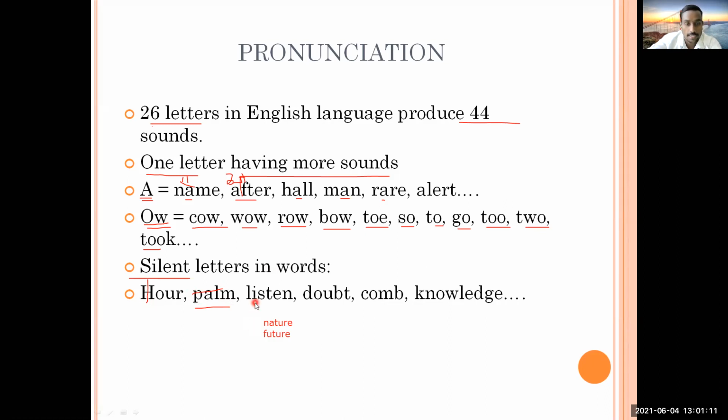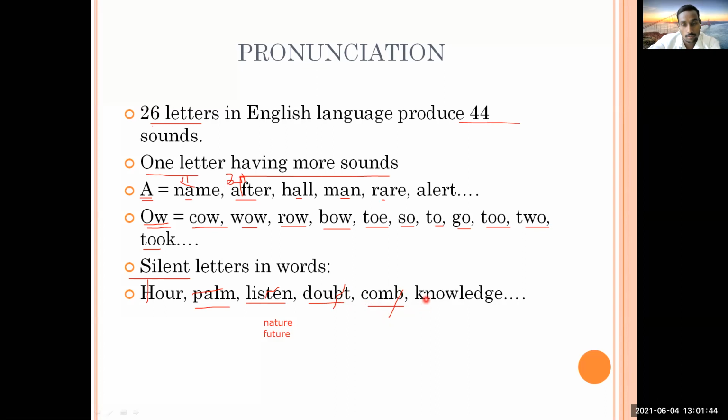Then what is silent here? How do we pronounce it? T is silent. Okay, so this is T silent here. We call it listen, not listen with a T sound. Then here, doubt. D, B is silent. Yes, B is silent. Okay, here comb. Which silent letter? M, B is silent. Yes, here it is B silent. You have to say comb, not comb with a B sound.